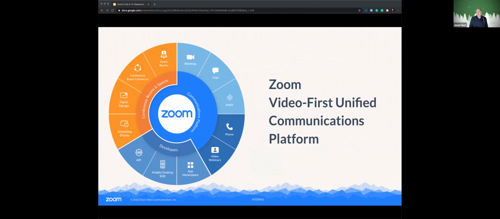So we have our meetings. With our meetings, you get chat free. We're going to show you that if you've never used it. Chat is always free, and it comes with our platform. Our audio, if you haven't turned on our exceptional audio service, we can do that via phone, or even update your meetings where the audio is for your music teachers to show that high fidelity sound coming through